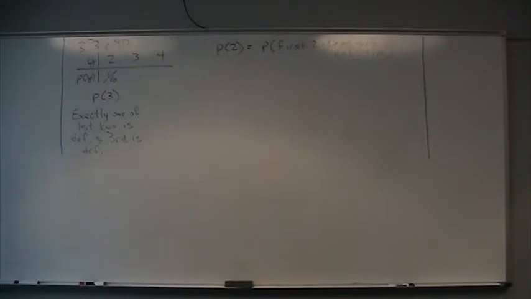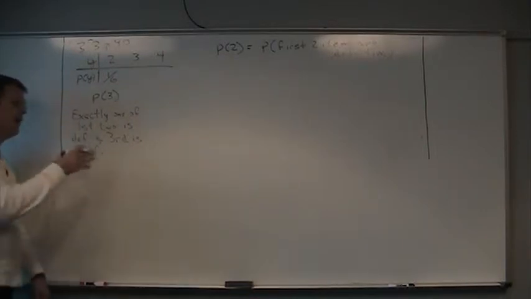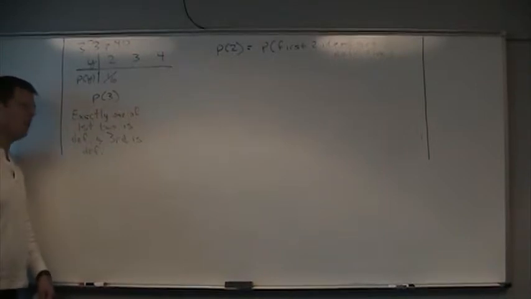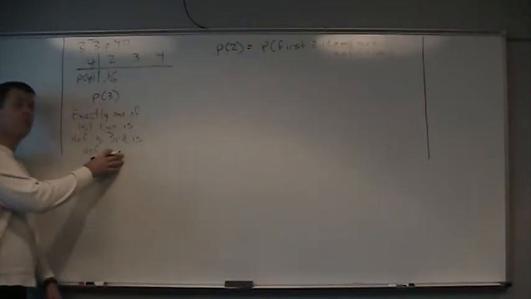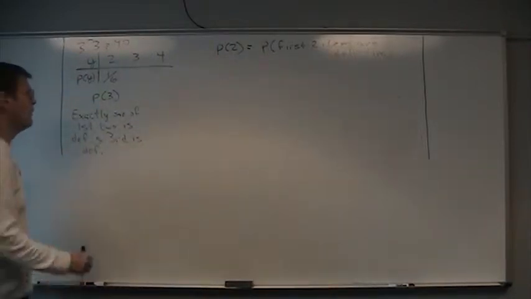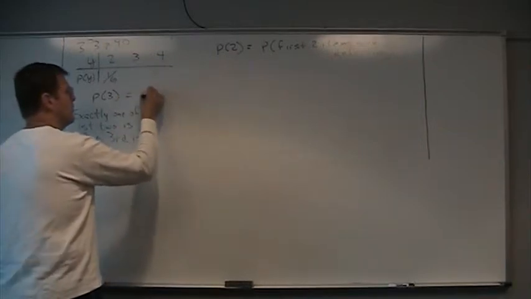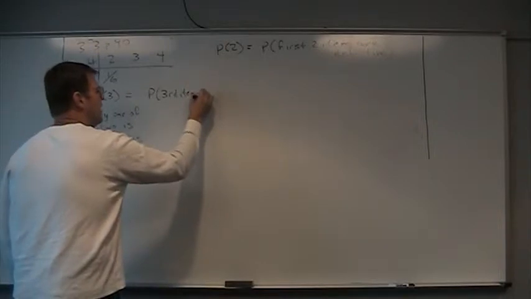So again, we're going to be using intersections here. We're going to use the multiplication rule for this. And again, we're working with conditional probabilities here. So if you want to think about this in terms of which one's conditional based on the other one, anytime you're doing something sequentially, you think about it from the standpoint of the latter piece being conditional on what happened before it. So P of 3 is going to be the probability that the third item is defective